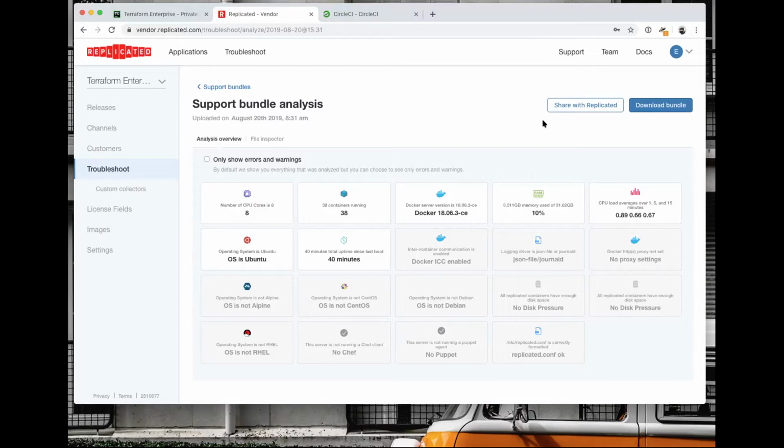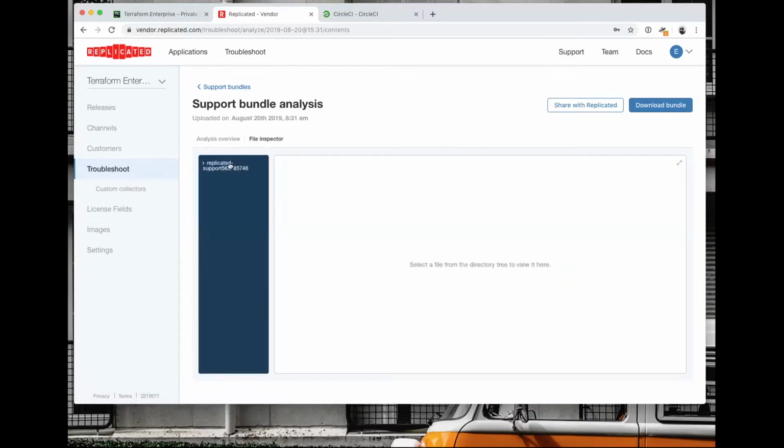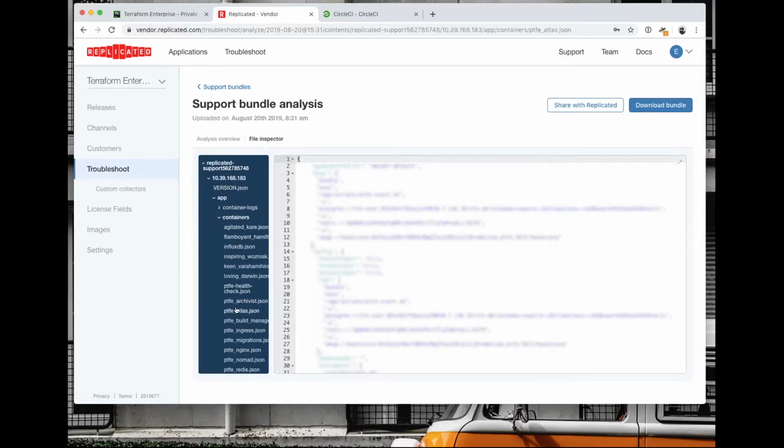And then to highlight the idea, we'll go to the file inspector. So this is how these support bundles are laid out. This little table here, as you click through it, you can see if we go into the app and the containers, we click on one of these, and then we click any line. Maybe if we click on the line number. Yeah, if you click on the line number, then this URL actually becomes deep linkable.